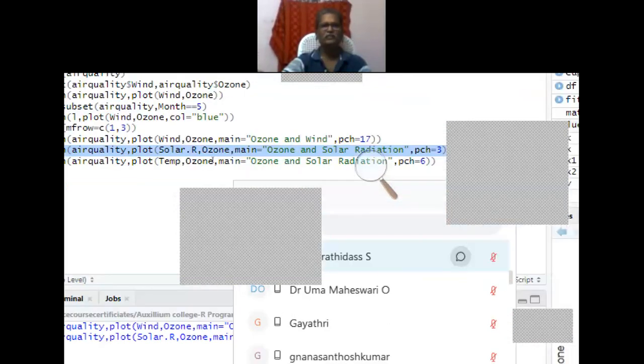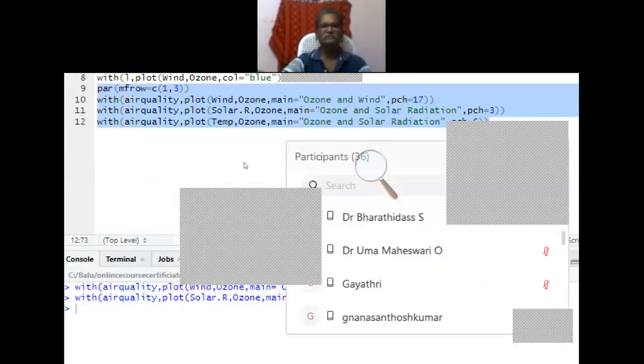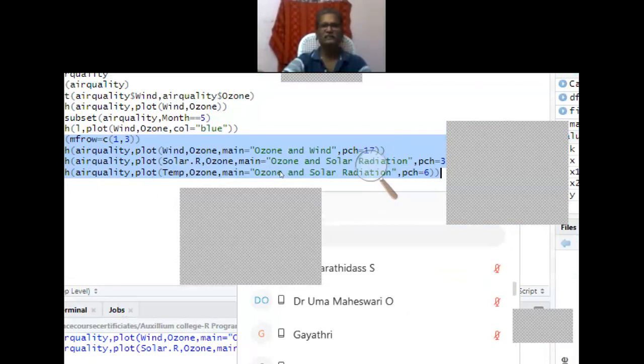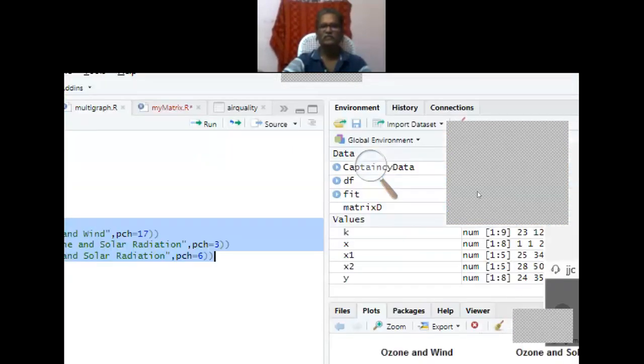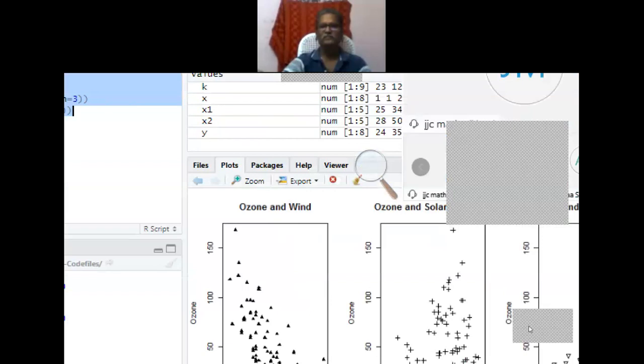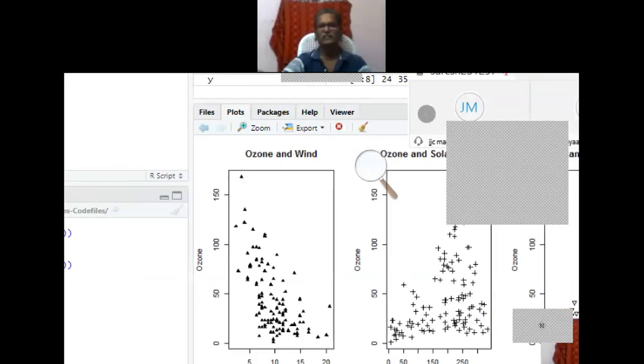If I execute all three at the same time, you may be able to see all the three. Now see, yesterday I explained with only two graphs at the same time for comparative purpose.